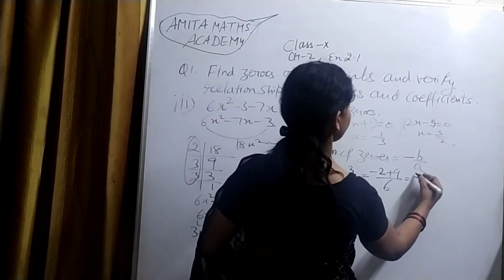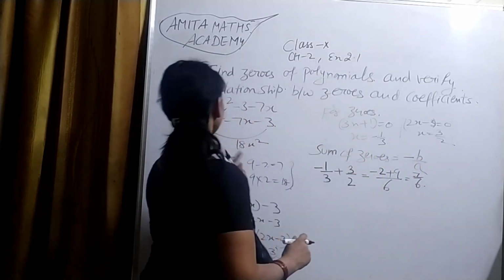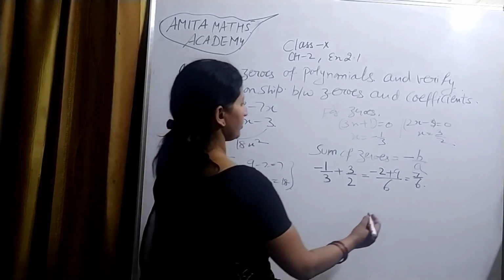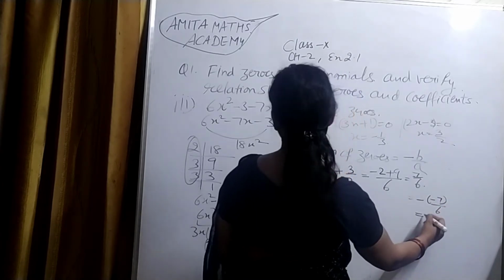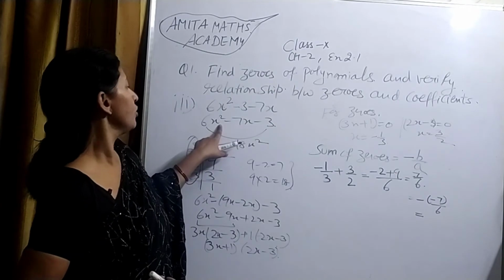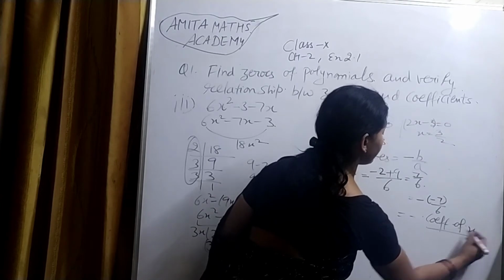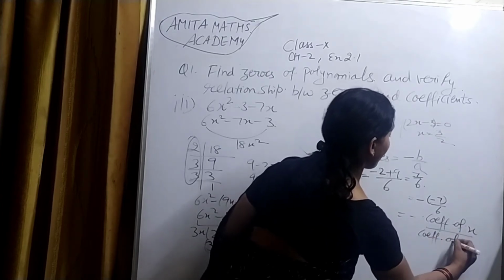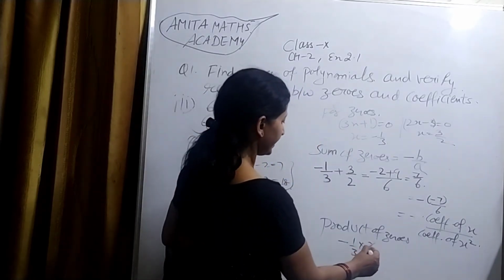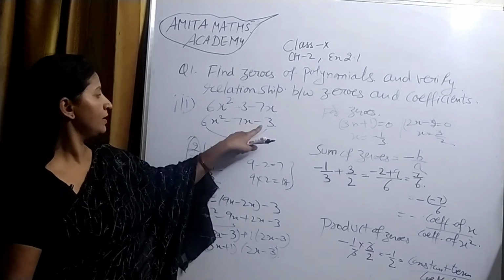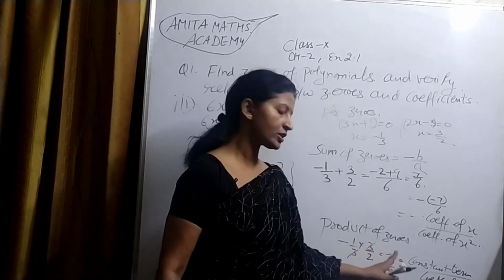Now you put minus 7 upon 6. Minus b upon a, this is the quadratic equation. Minus b upon a is what? I can say minus of minus 7 upon 6. And this is the coefficient of x divided by the coefficient of x square. Same number, this will be my minus 3 and this will be 6. Minus 3 by 6. 3 ones are 3, 3 twos are 6. I again get minus 1 by 3.